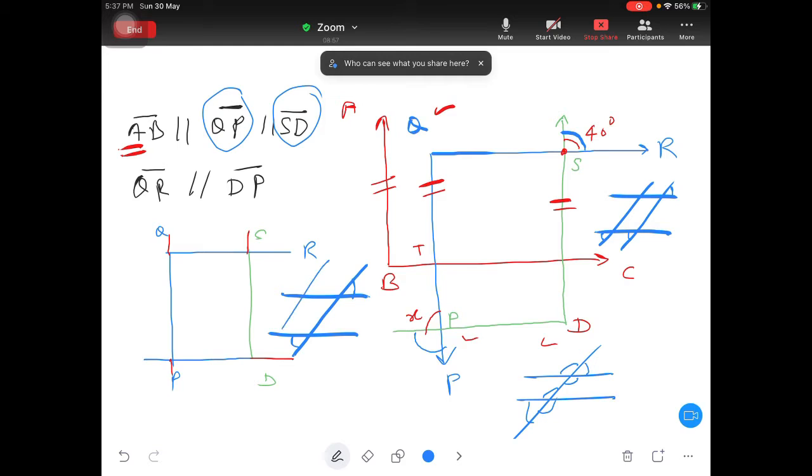Now draw another parallel line. So this line is like transversal line for these two. So this angle and this angle will be same. Correct? Okay. So in this way, did you understand that angle will be 40 degree? No, sorry. This angle is 40 degree. So this, how will you find out? Can you try? Very good. So that will be your answer, 180 minus 40, because this is 40 degree and this is your 180 degree. Done.